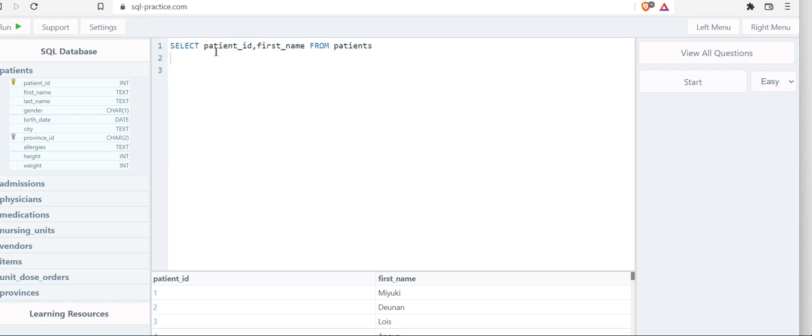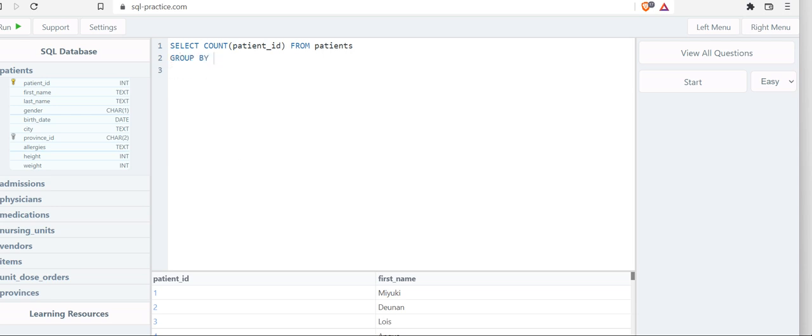Okay, how many patients are present, how many patients are male and how many patients are female. So what we will use here, we will give count of patient ID from patient. We will remove first name because first name is not an aggregate function. Count of patient ID from patient,